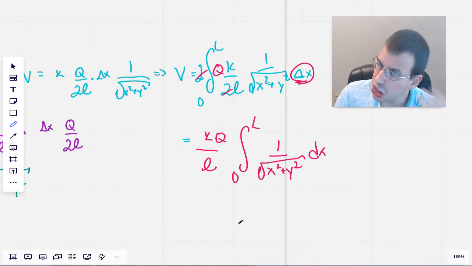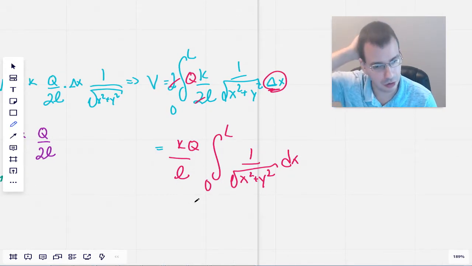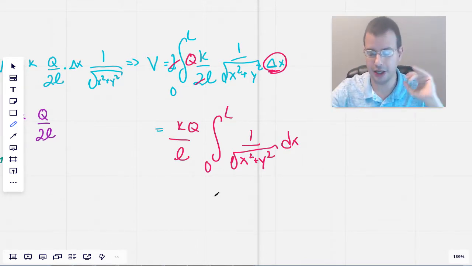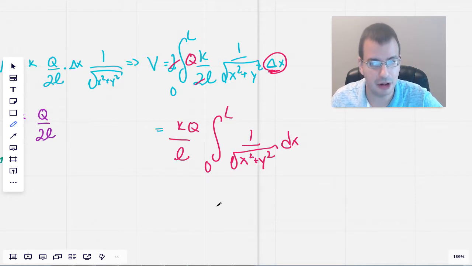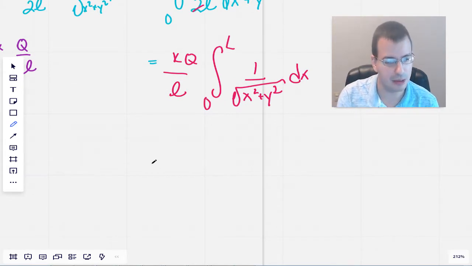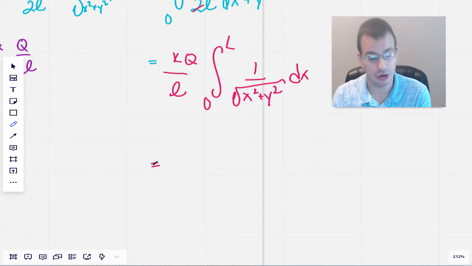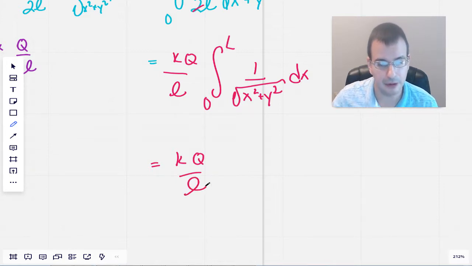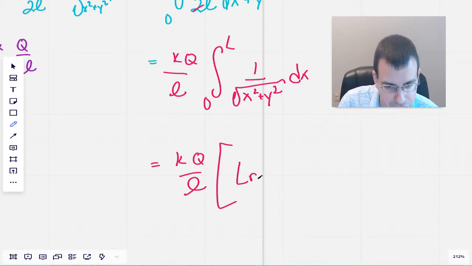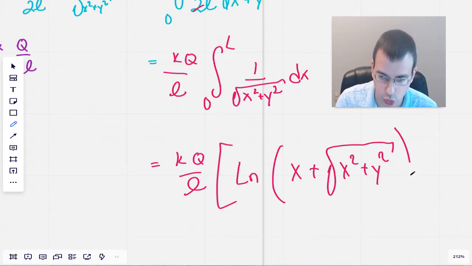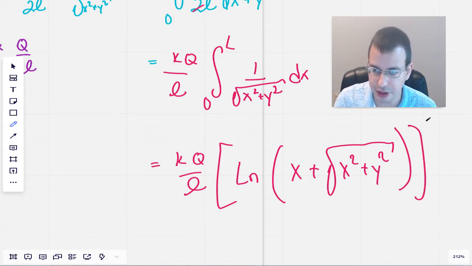So your first thought is, okay, now we have this. How do we do this integral? Well, chances are you probably don't know how to do this integral. I'm not sure if I could do this integral. I probably could with practice. Long story short, this has to do with an inverse hyperbolic sine, which you can then convert to a natural log. And after a whole bunch of math, which I'm pretty sure you're not expected to know, nor do you really want to know, you get something along the lines of kq over L times the quantity natural log of x plus the square root of x squared plus y squared, where y is a constant,